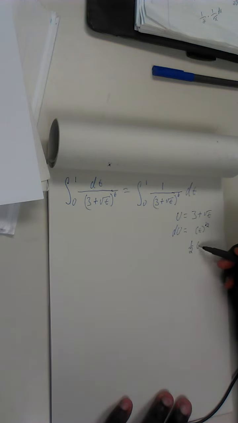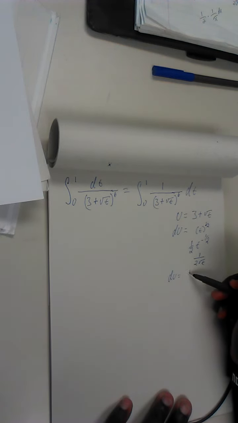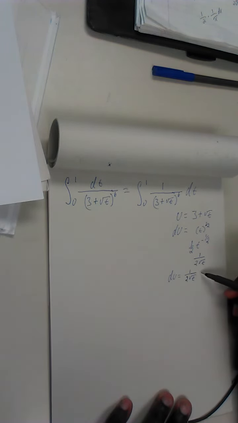So 1/2 t to the negative 1/2, right? And so that looks like 1 over 2 radical t, right? So du is equal to 1 over 2 radical t dt,